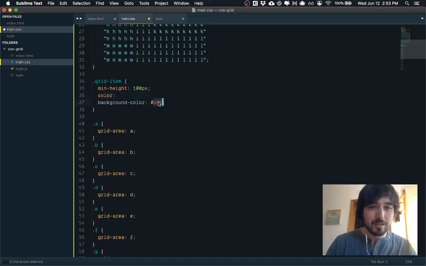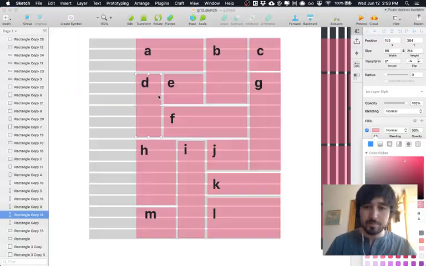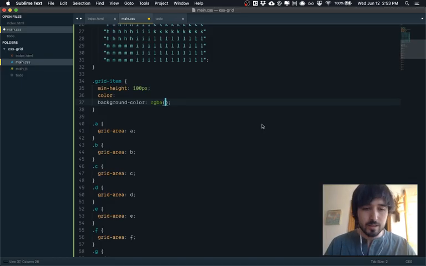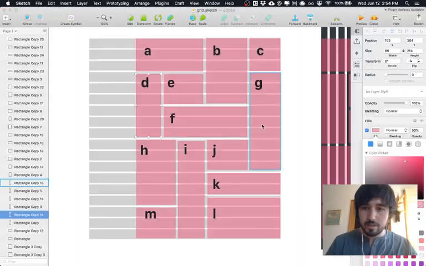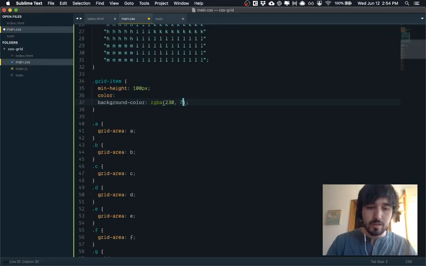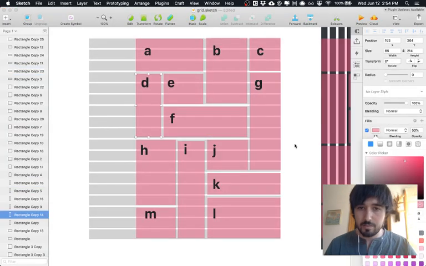Okay, so we're going to do background color, and we're going to do this, I guess. Although I want the RGBA actually. So 230, 73, and 128. And we'll do like 0.5. And then our color is going to be